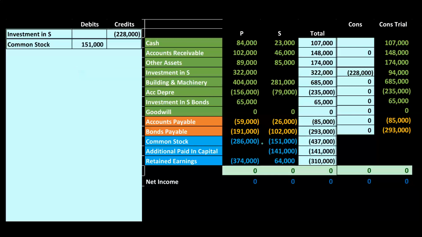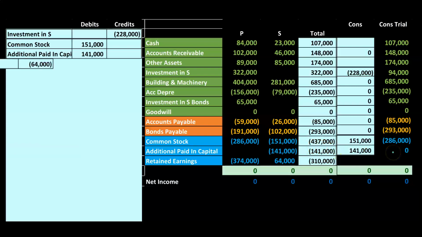We're going to say then the common stock is at the 151. So 151 we are removing. Here's P's portion, here's S's portion, there's the total. Then we're removing the portion for S, bringing us back to P. Then we're going to do the same thing for the additional paid-in capital. So here's the additional paid-in capital. It's a credit for S. We're going to debit it to remove it. So then we have the total here. We removed it. So now we're at P's additional paid-in capital.